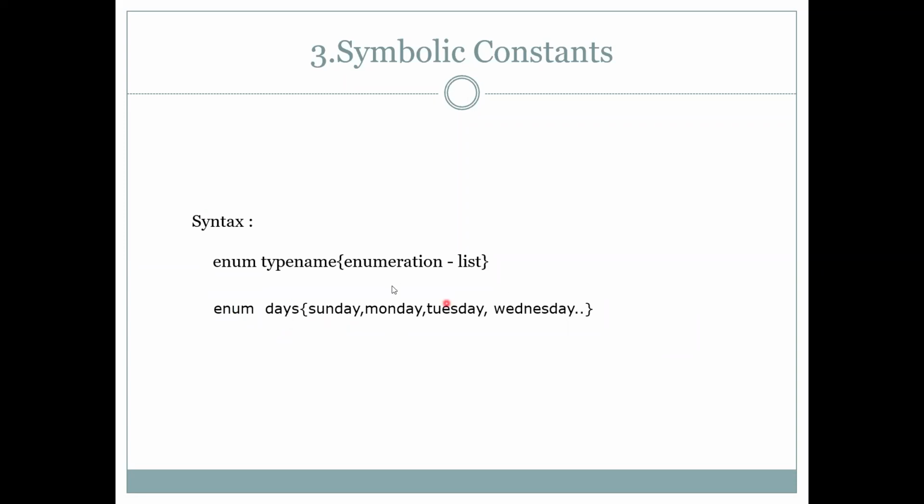Okay, so after declaration, suppose I want to access, I want to fetch this list, so I will declare one instance for that enum, days D, and by using that D instance, I will fetch the values of this days enum. Okay. And enumerations are particularly useful for naming the cases of your switch case statement. Okay. This is your enum.